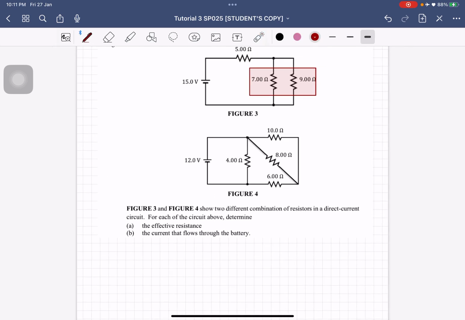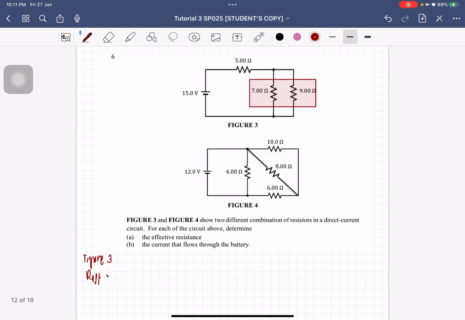Okay, so that is actually quite thick, so I'm going to use this one. So this is for figure number 3. For the effective resistance, I'm going to label it first. So R1, R2, R3. So this is connected in parallel, so it's going to be